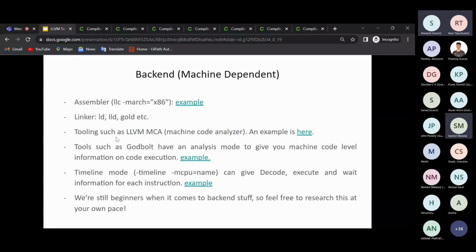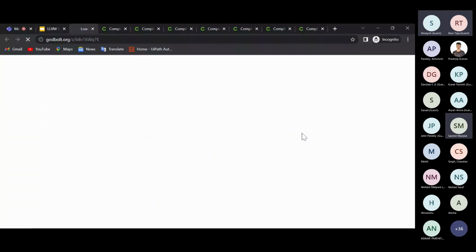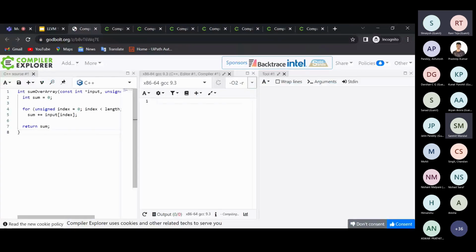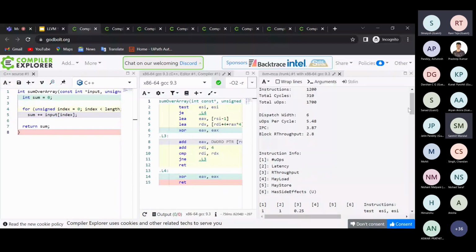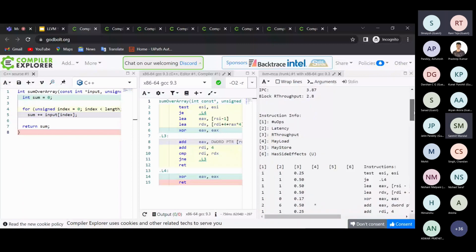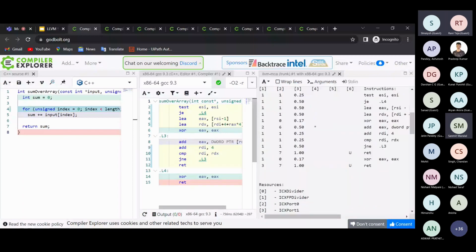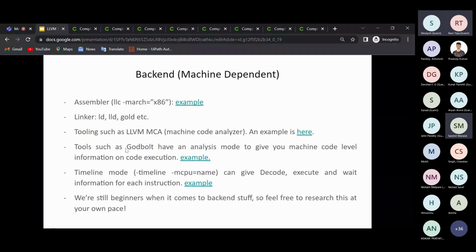An example is here. You have a C program and its assembly, and the analysis over here shows you different kinds of things like the operations per cycle and instructions per count. This is basically the generated code analysis for the generated assembly code. Tools such as Godbolt have analysis for machine code and information on code execution.